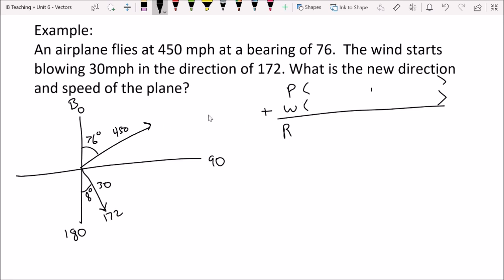So what I'm going to do is with the plane, we know that that is 450 cosine of something and 450 sine of something. We'll find the angle in a minute. Do not use that though. That's a bearing. And then the wind is 30 cosine something and 30 sine something. And so we need to go down now and find those angles. If we know those angles, the rest of the question is going to be exactly the same as the others that we've done. So I'm going to redraw this,